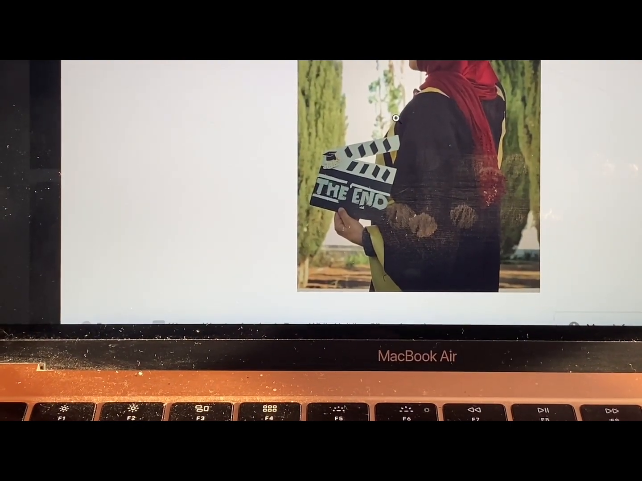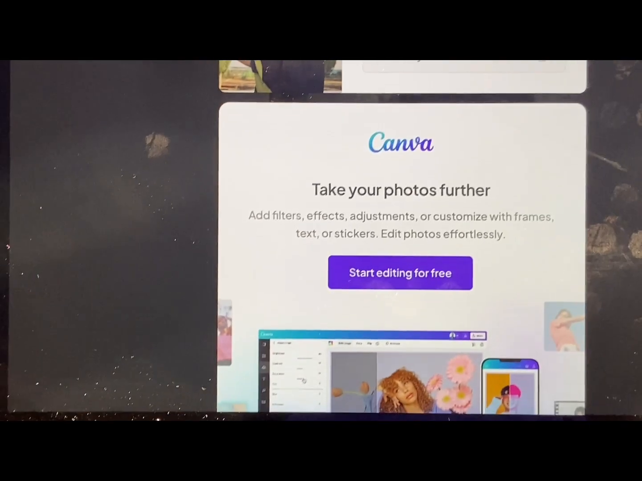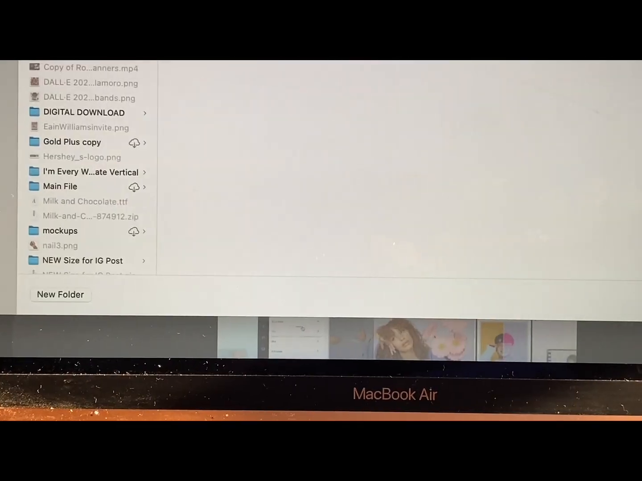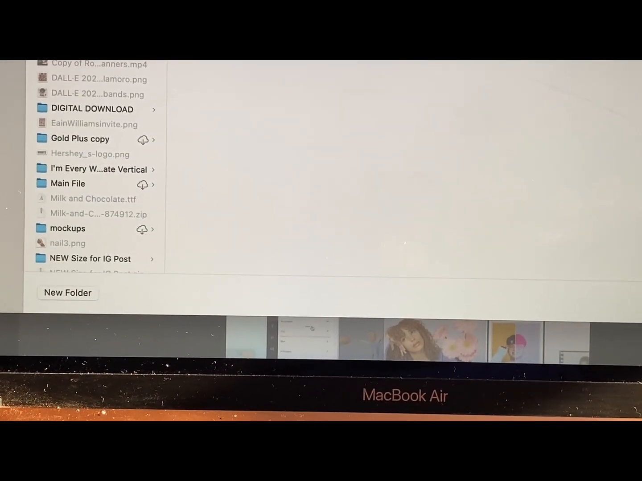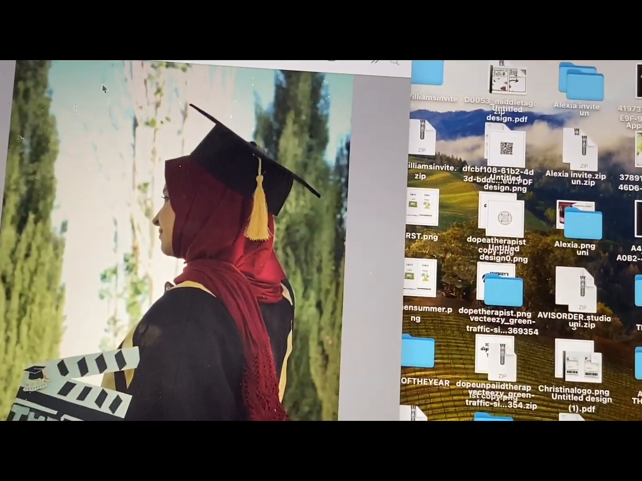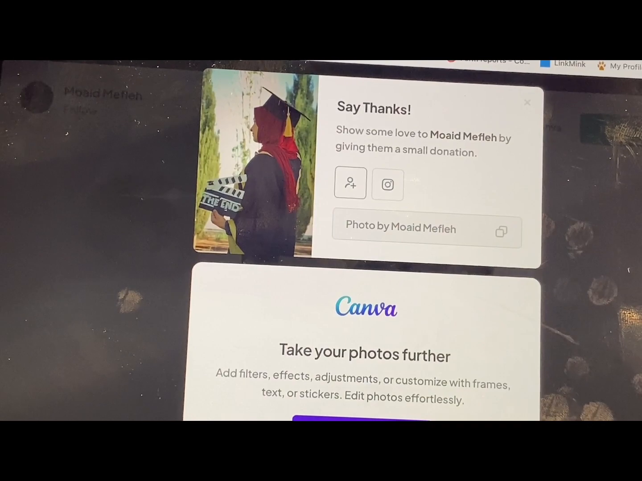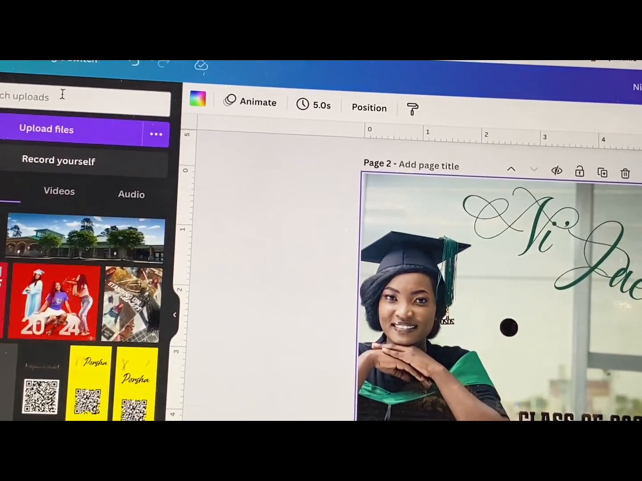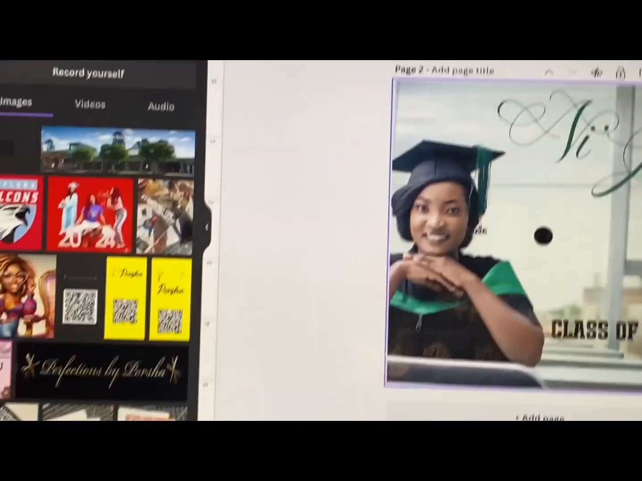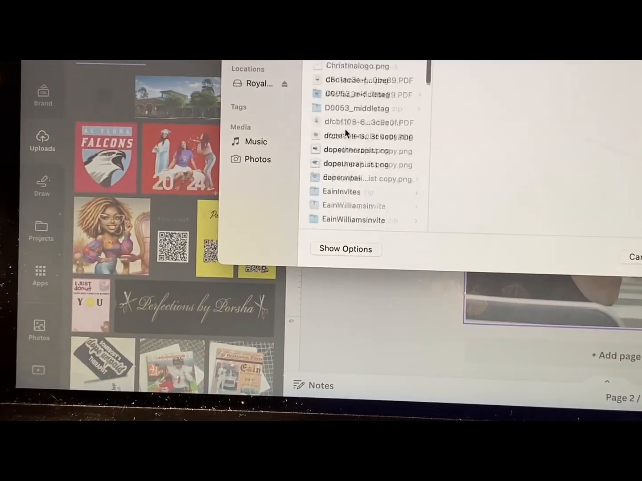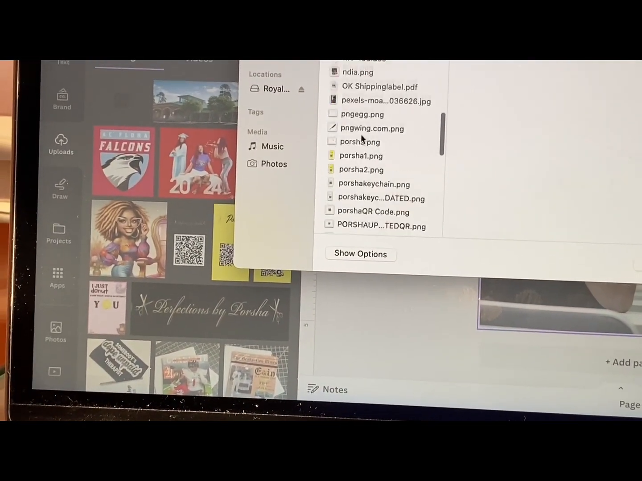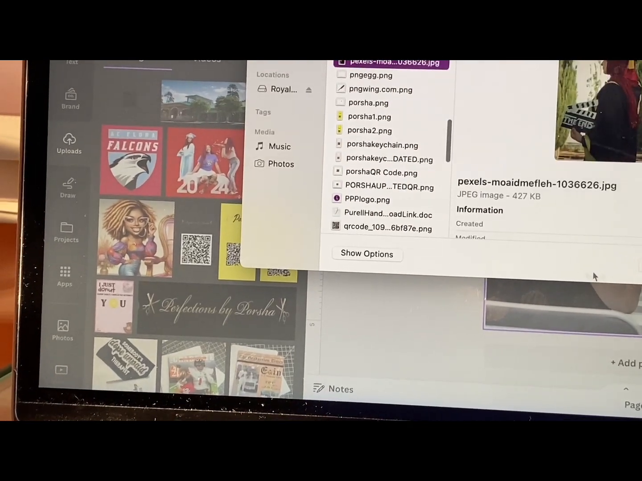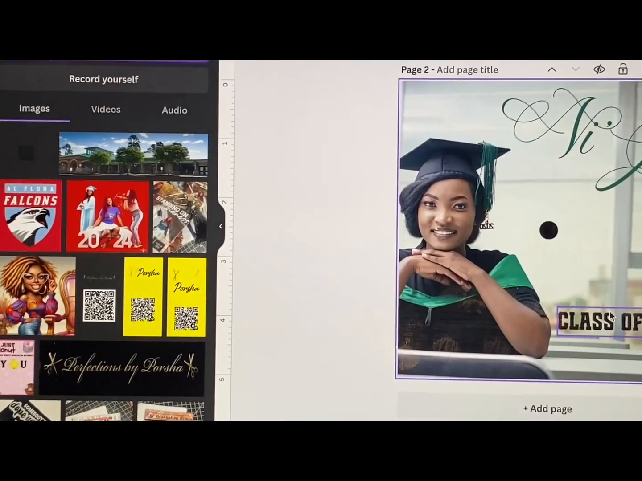So I think I want to use her. So that's a free download. So I click on free download. Just do Pexels, save it. Sorry, y'all, my camera's all over the place. And so come back over here, and then I'm going to go to my uploads, upload files, and then I'm going to find that one that I just downloaded, just here. Open it up,